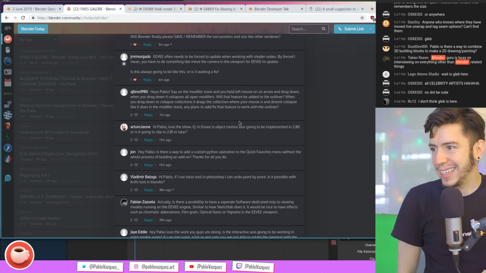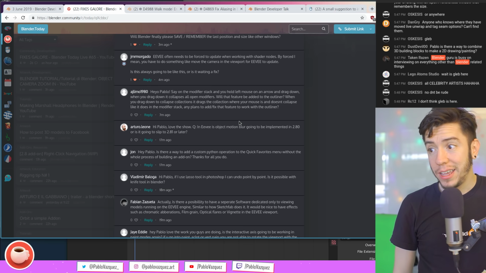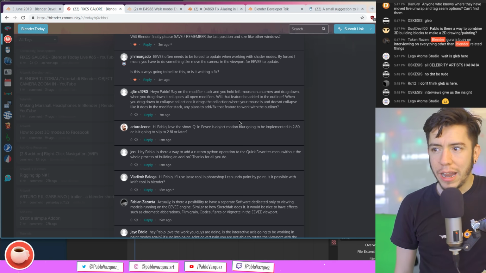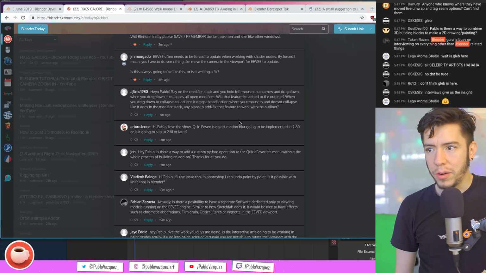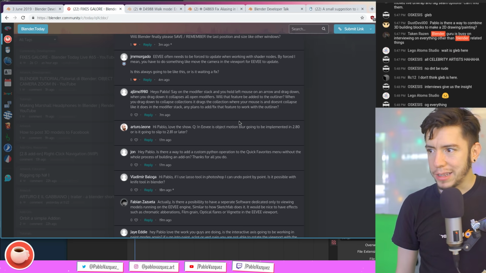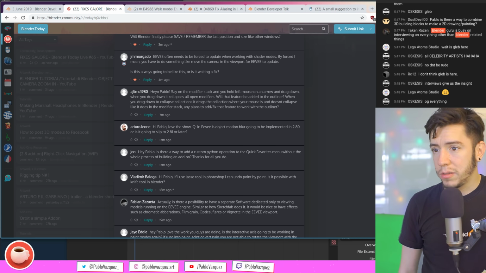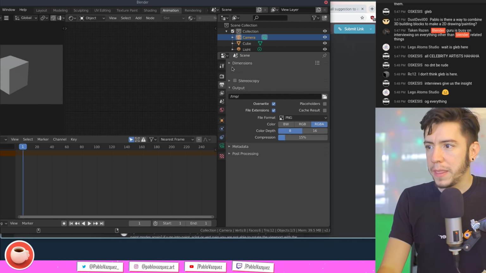Hey Pablo, say on the modifier stack you hold left mouse on an arrow and drag down. When you drag down, it collapses all the open modifiers. Will that feature be added in the outliner? When you drag down, okay, so what you mean is that